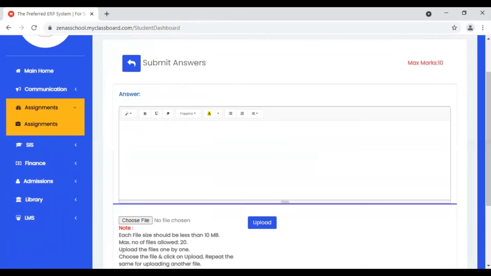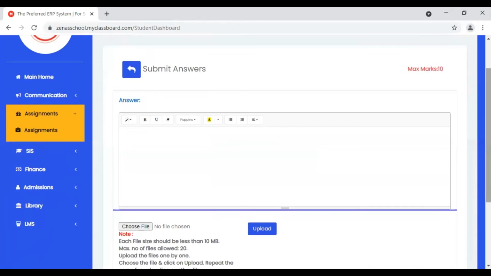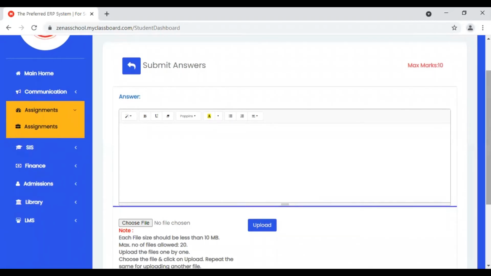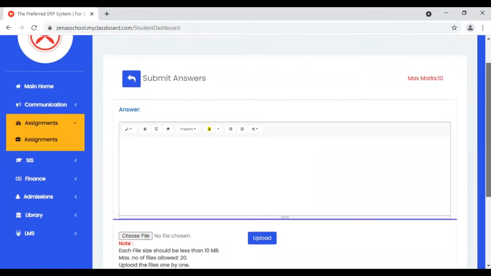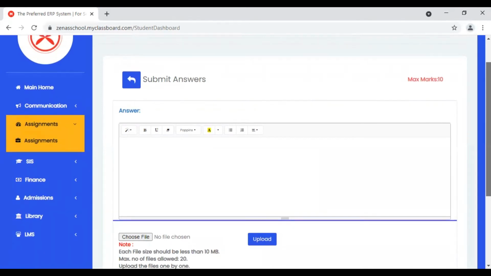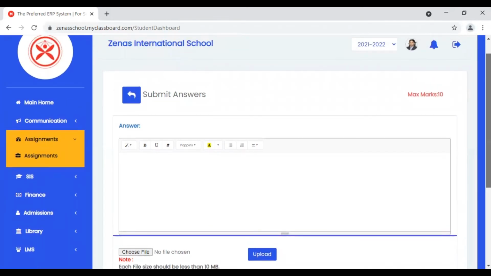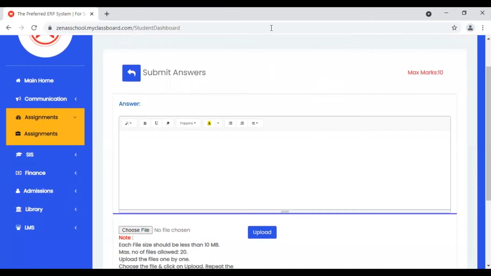Whatever answers you write in a script, paper or book, you need to take pictures of them. You can use your mobile app, or a PC, laptop or tab. Whatever pictures have been taken and saved in your system can be uploaded. You also have to write some text in the text box, as without entering text it will not accept. Just write something like FA1 exam is completed, or submitting the answer sheets.